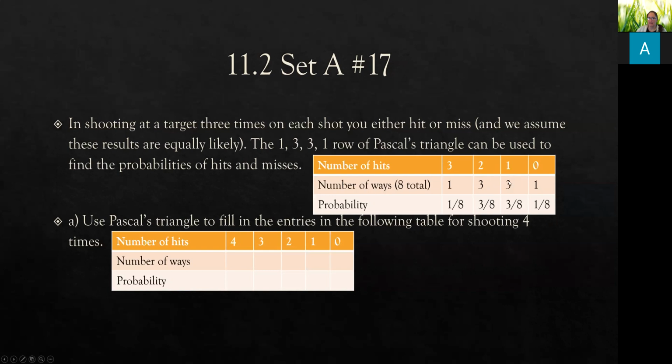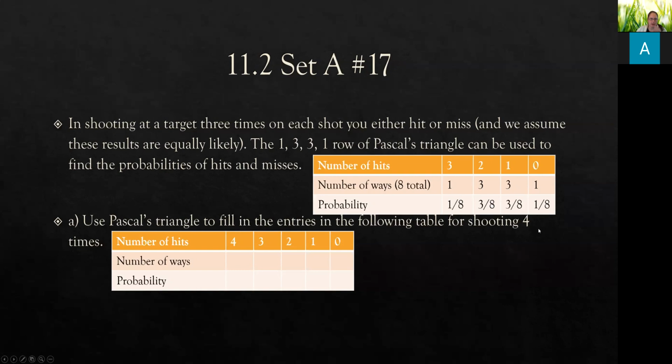And there will be 3 ways to get 1 hit. Could be hit, miss, miss, miss, hit, miss, or miss, miss, hit. And then there'll be one way to get no hits, miss, miss, miss. There's 8 total. We add 1 plus 3 plus 3 plus 1, we get 8. And then for the probability, we just take 1 out of 8, 3 out of 8, 3 out of 8, and